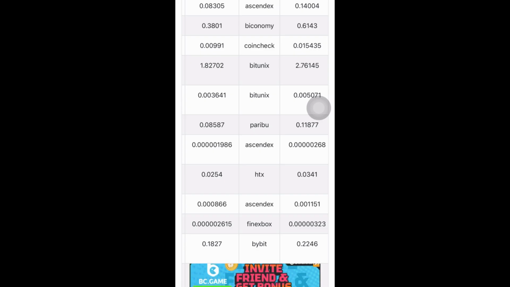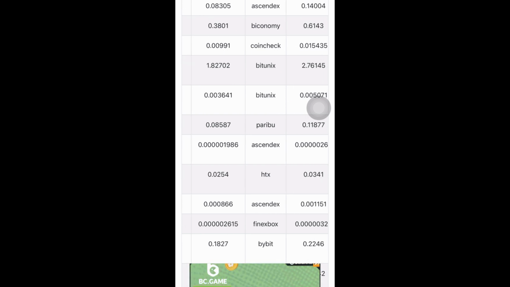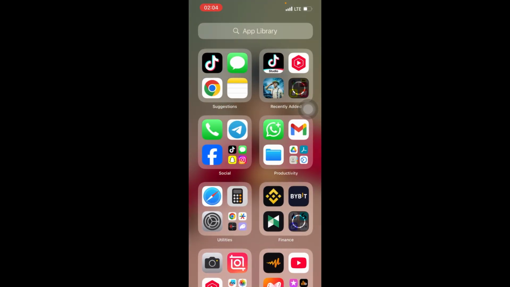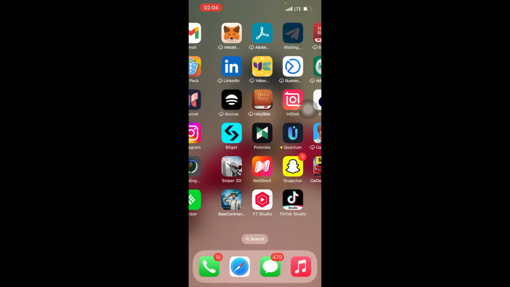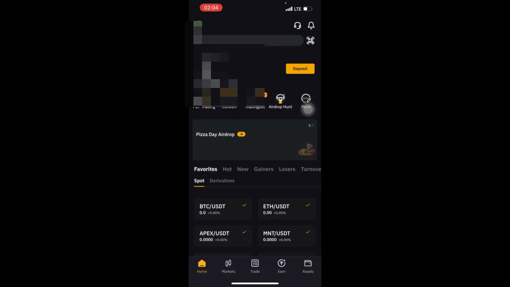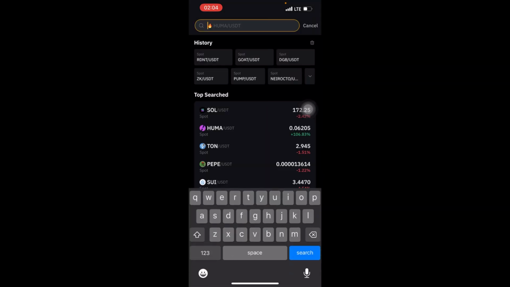Right now I have the coin that I have to buy on Bybit and where I have to sell it. So I'll close it and go to Bybit and ATX. First of all, I have to open Bybit. I have to even update this app, but I'll update it later. So I'll enter